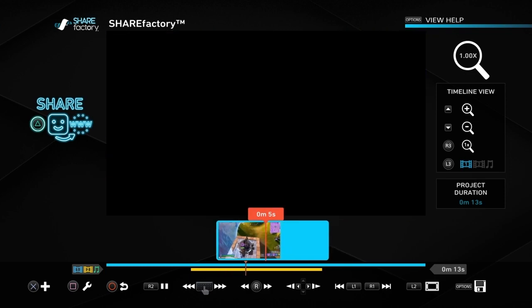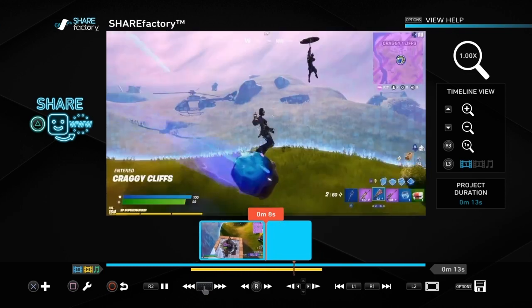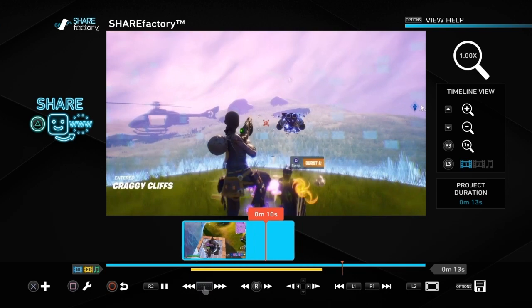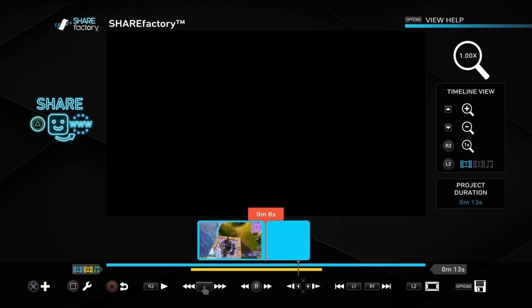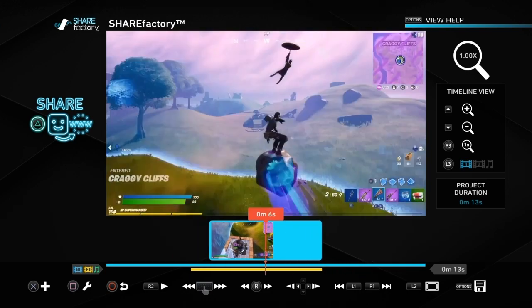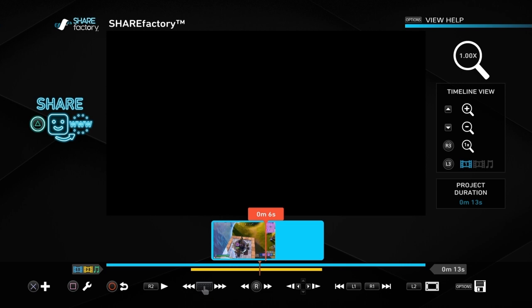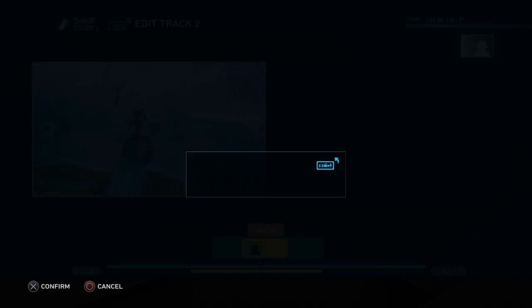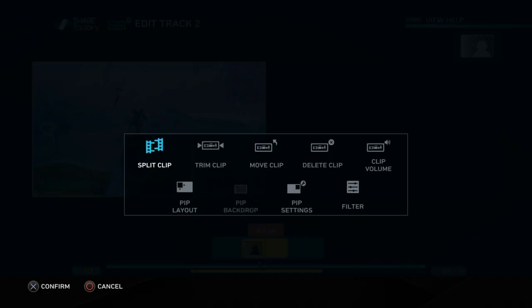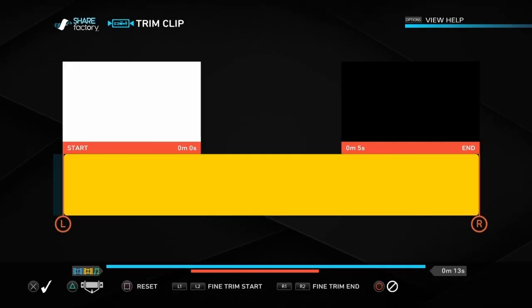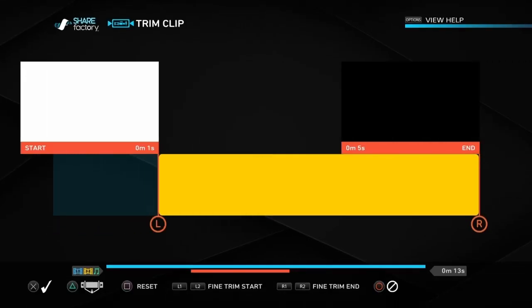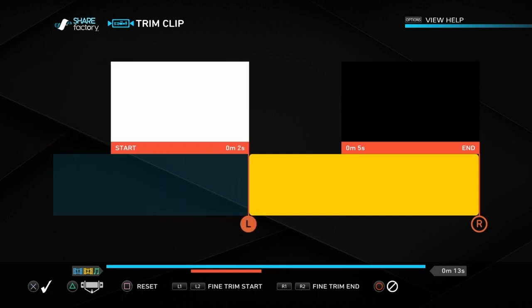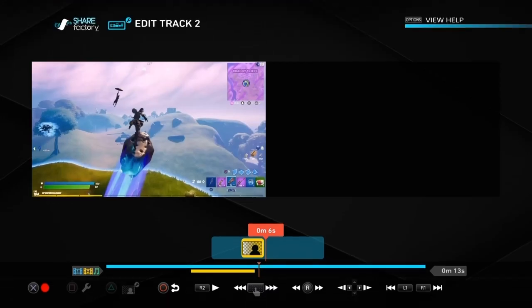Okay, so that's absolutely fine, other than I think it might be too long. So what we want to do is adjust the length of this flickering effect. I think you can have it how you want to, but if you want to change it, then you just go to edit track 2 and then push the square button and split clip. We could do split clip, but we're going to trim the clip actually. So moving the left stick until we get to a shorter clip that we want, and then confirm, and then